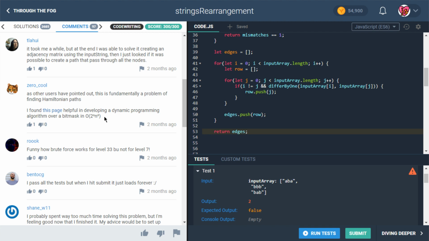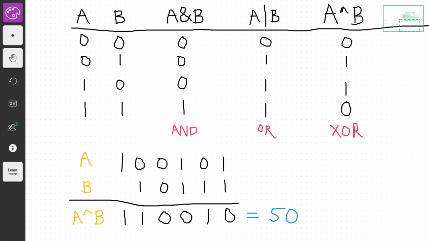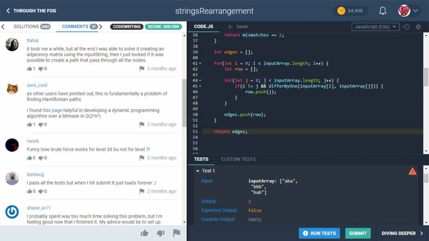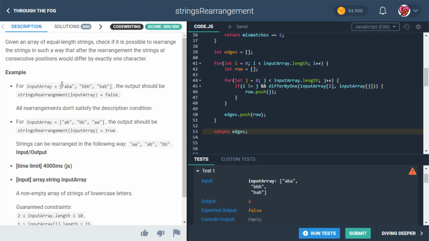So, okay, let's see. We've talked about dynamic programming. We've talked about bitwise operators. We haven't totally talked about this bitmask idea, so I guess we should. So when I'm talking about a bitmask, what I'm trying to say is if we take a look at what the problem's asking, we've got these things here. Now,